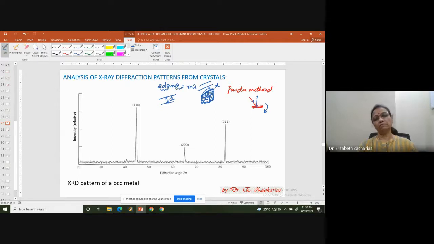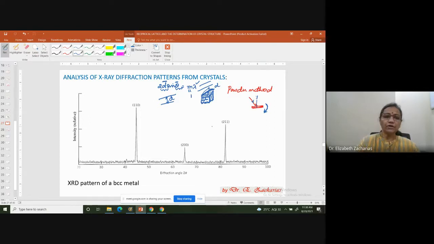values of theta. Because after all, in this equation, lambda is the wavelength of the X-ray you're using. m is going to be equal to 1. So if d is going to be different for different planes, theta also will be different. Okay, so what happens is when you rotate the sample like this, different crystallites and different planes will get exposed to the X-ray, and therefore you will have constructive interference, or you will have a diffraction corresponding to different angles